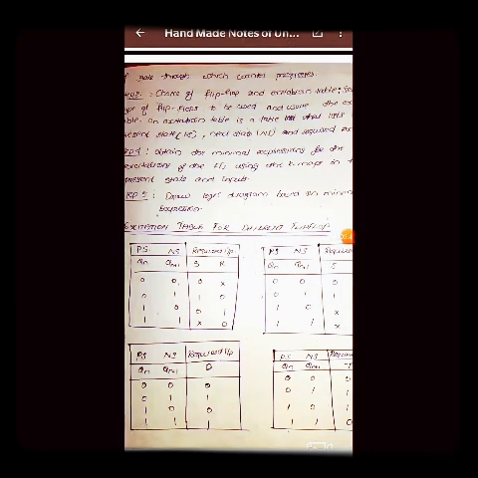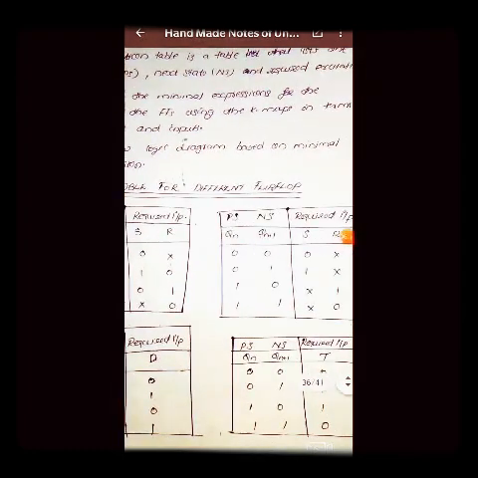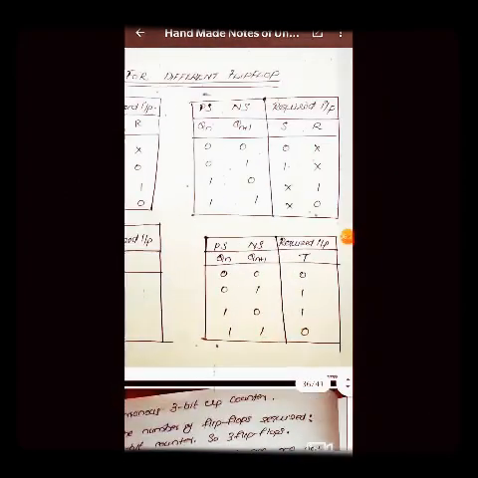So we can see very clearly, as we understand from the above table, that the value of S is 0, we are sure that the value of S will be 0, and the R value may be 0, maybe 1. So we don't know about this value, so we are taking it as cross. Similarly, we can find the values of Qn and Qn plus 1 of 0 and 1. We can find out the values of S and R for Qn plus 1, 0 and 1. So when we make this table of S and R, we can make the table of J and K flip-flop, and similarly D flip-flop and toggle flip-flop.